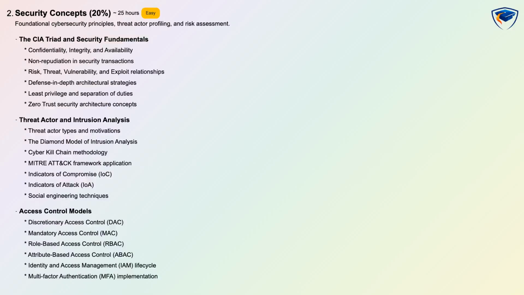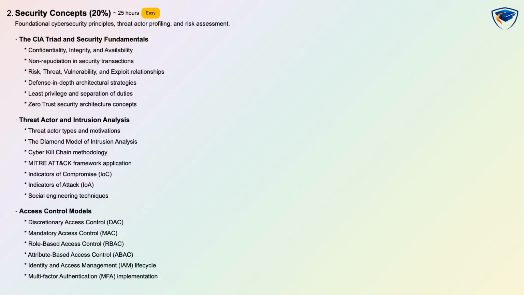Security concepts, 20%. Builds foundational cybersecurity principles and is rated easy with an estimated 25 hours of study and conceptual and scenario-based assessment. You will master the CIA triad, non-repudiation, and relationships between risk, threat, vulnerability, and exploit, while learning defense in depth, least privilege, and zero trust architectures. The domain covers threat actor profiling using the Diamond model, the cyber kill chain, and MITRE ATT&CK. Plus indicators of compromise and attack, social engineering techniques, and access control models like DAC, MAC, RBAC, ABAC, IAM lifecycle,